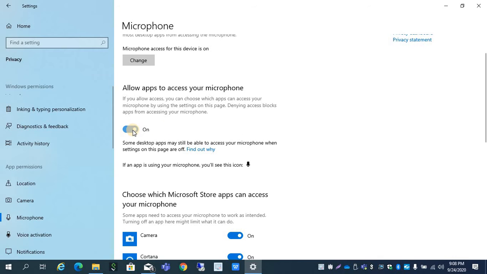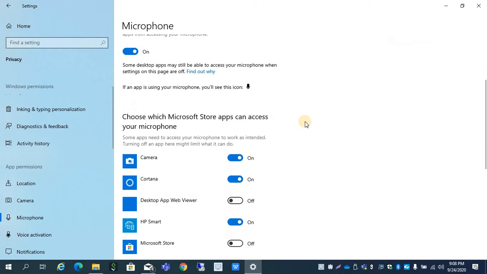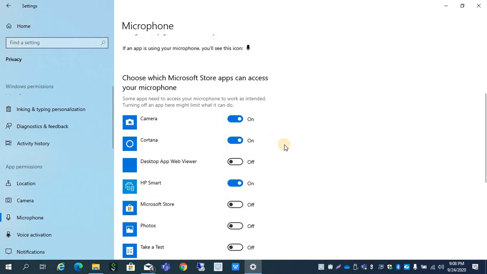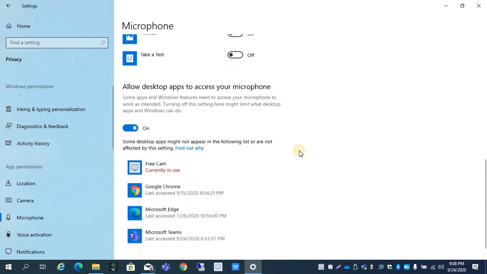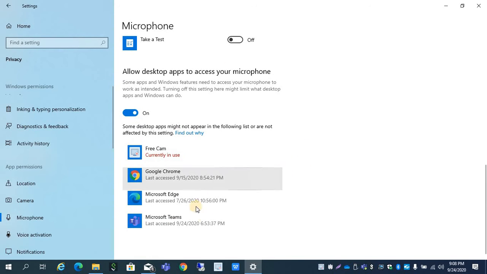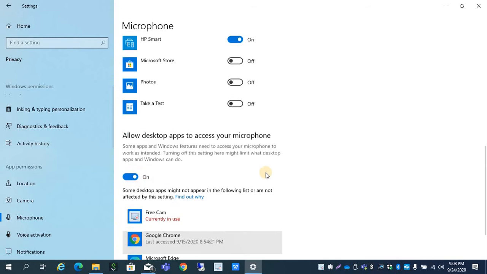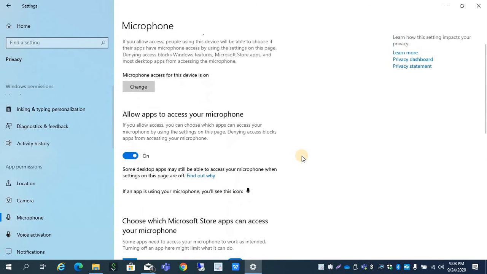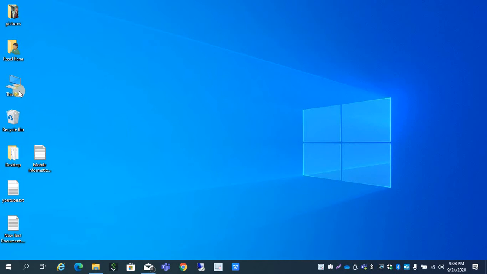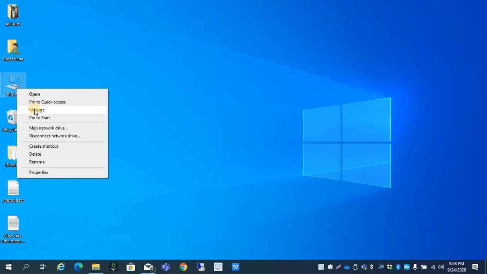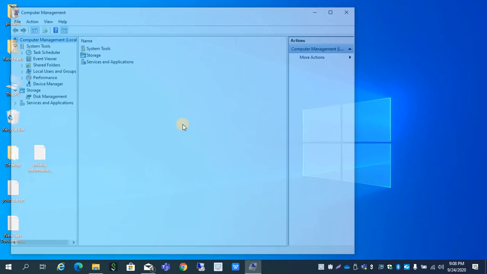If this is disabled, please enable your system, and below apps system, if it is off, then you can turn on your application, and below running application. So if that is okay, then after that check your device manager, right button, manage,